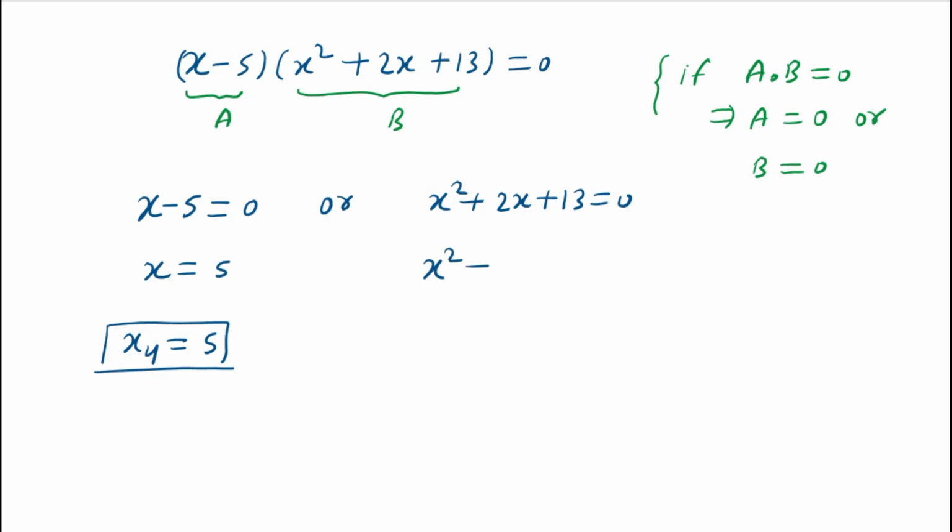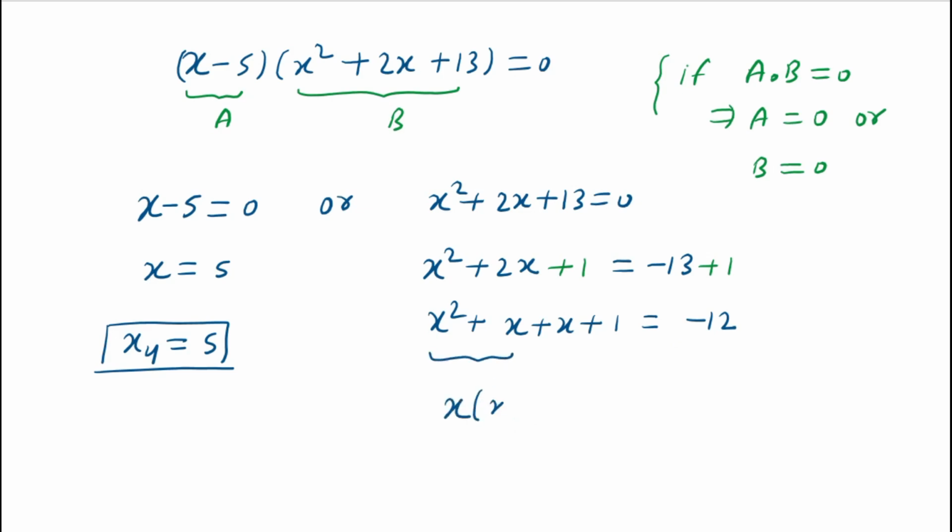Now solve this quadratic equation. Here x square plus twice of x, and this 13, if we take right hand side, then this is minus 13. Look carefully in left hand side. If we add both side 1, then in left hand side this expression is perfect square. Here we will apply middle term split. Here x square plus twice of x is x plus 1, and this is equals to minus 13 plus 1 is minus 12. Now look carefully first two terms. If we take common x, then inside the bracket x plus 1, and look carefully here, if we take common plus 1, then inside the bracket x plus 1, and this is equals to minus 12.